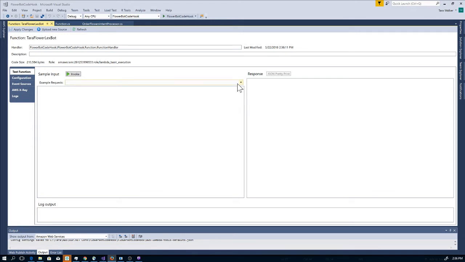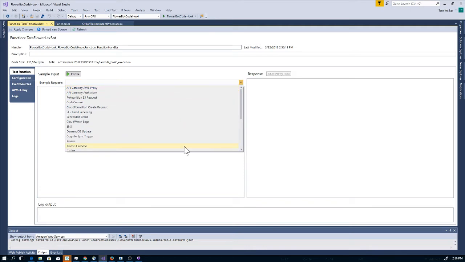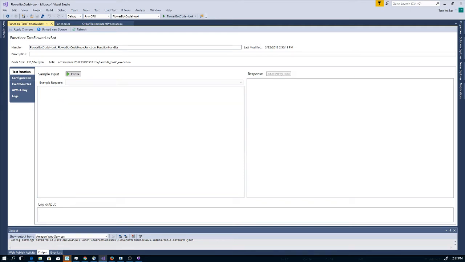I have a bunch of different tests in here by default, some Lex ones as well. Since I'm going to play with my current flower one, I can now start to test it with these variables. So I want to do flower type Iris, latest, Terra, dialog hook, etc. I can hit invoke